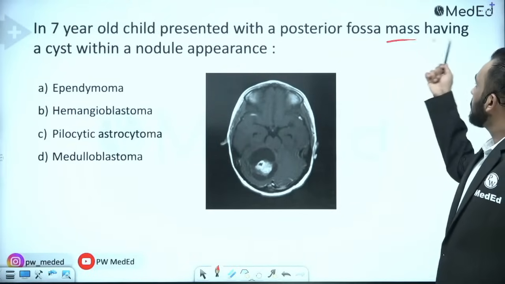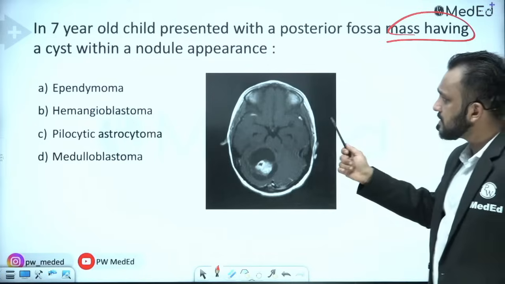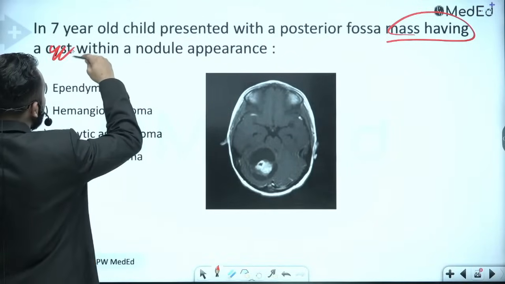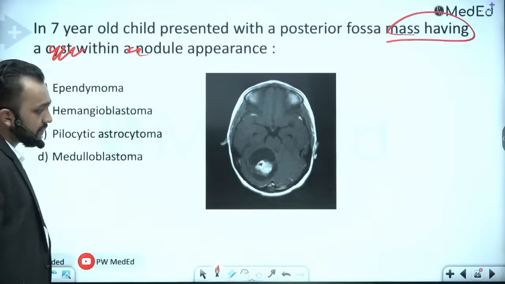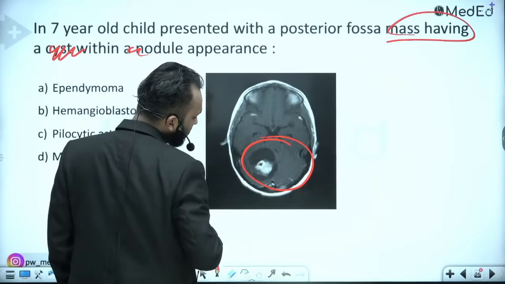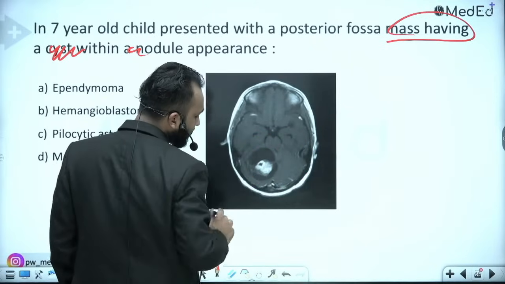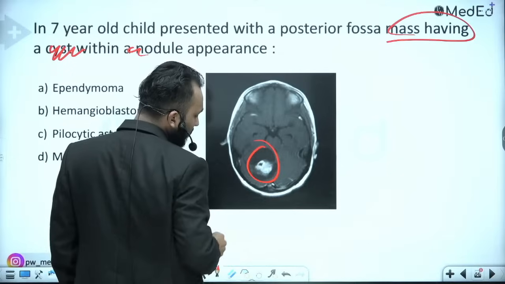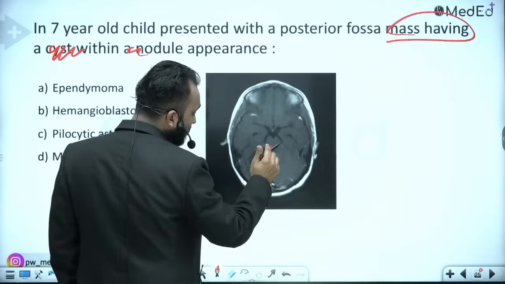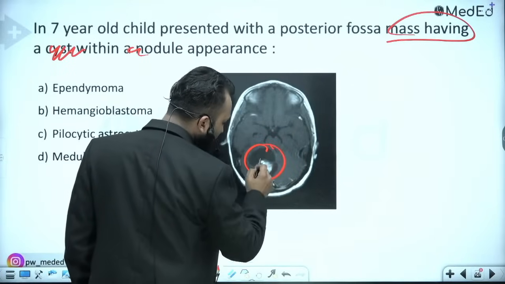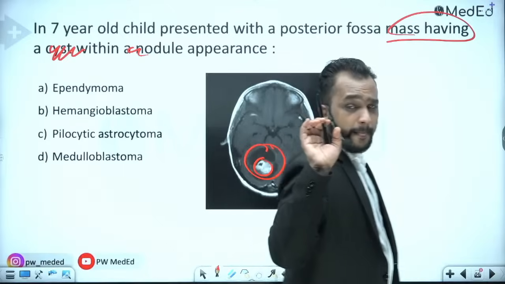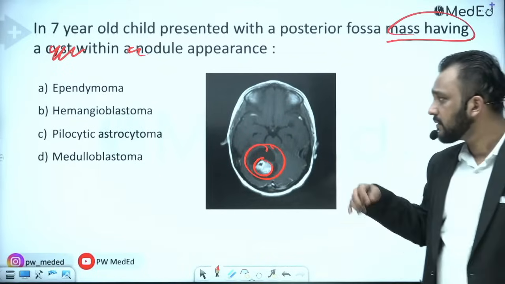A 7-year-old child presented with a posterior fossa mass having a cyst, having a nodule within a cyst appearance. So this is your posterior fossa. This is your post-contrast T1 image. Here we can see this lesion. There is some cystic component within the lesion which is not showing any enhancement, and there is some solid component within the lesion which is showing enhancement. So this nodule within a cyst appearance is shown by